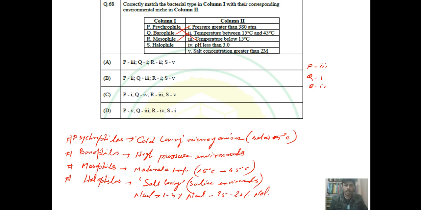And halophiles, the salt concentration greater than 2 molar. So S matches with 5, and it is approximately 2 molar, approximately 11% of NaCl. So they are the salt loving groups. So if we see this sequence, it is P3, Q1, R2, S5. So option 1 is found to be the correct answer for question number 68. So thanks for